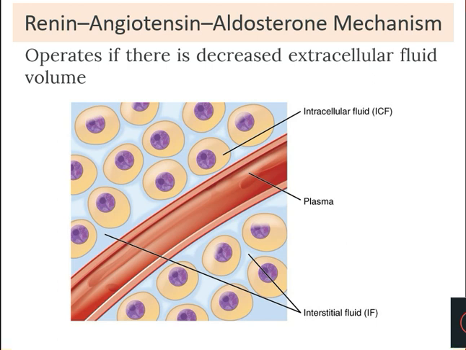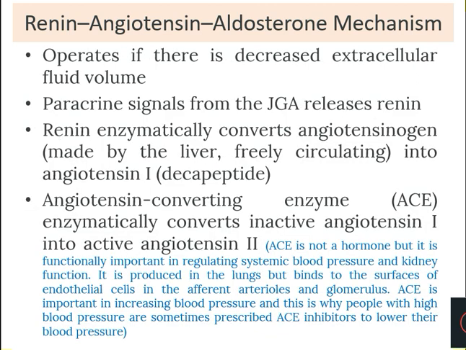Now what happens? The same condition will be existing in the tissues of the kidney also, where there will be decreased extracellular fluid volume. Now the JGA is located in the kidney, the juxtaglomerular apparatus, which is a combination of the JG cells and the macula densa. They are there in the kidney, and they also are part of a tissue.